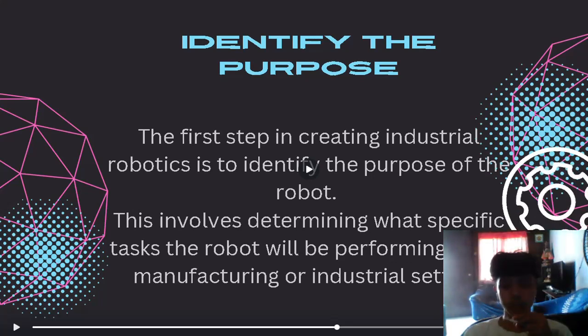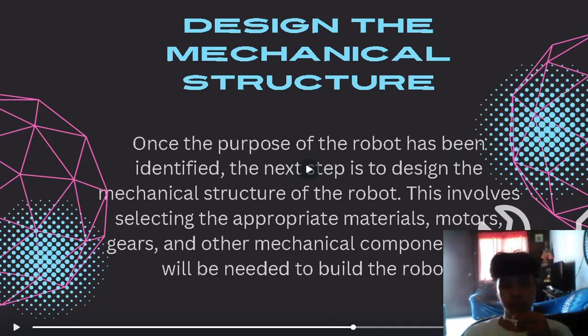The next one is design the mechanical structure. Once the purpose of the robot has been identified, the next step is to design the mechanical structure of the robot. This involves selecting the appropriate materials, motors, gears, and other mechanical components that will be needed to build the robot. Designing the mechanical structure refers to the process of creating a physical framework or body for